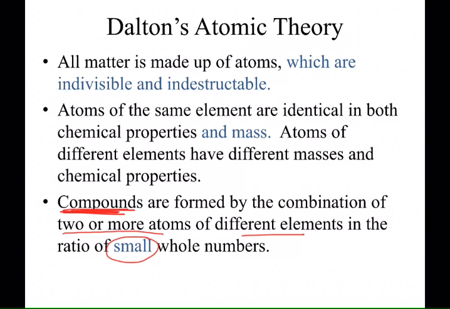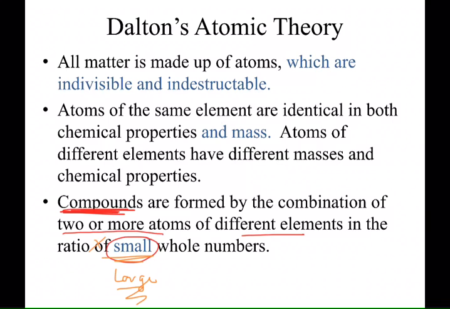Now, as I understand it, this actually is wrong, because if you've studied, for instance, genetics and DNA and RNA, you know that they are very large molecules, and they have a very